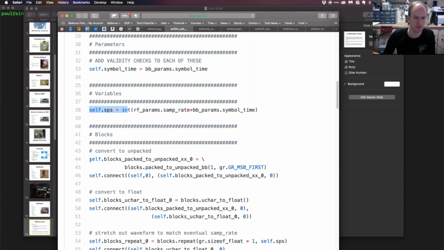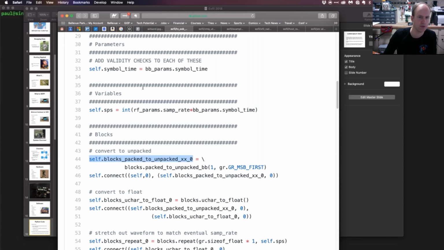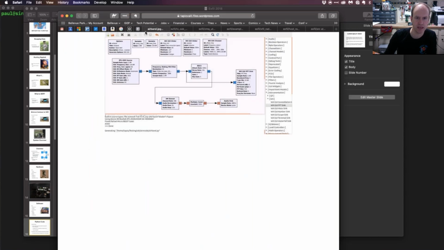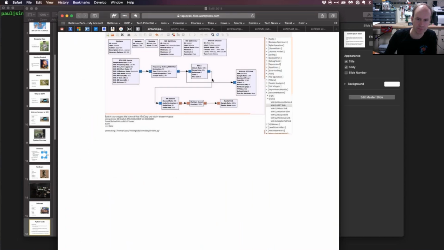I won't dive too much into that, but essentially you've got a block definition based on each block that you'll see in here, and then you'll have a connect function call that's going to say, for this one here, for example, connect this particular block's output to this particular block's input. And there's going to be one of those for each wire you see here. Kind of like the arrows, right? Yeah, the connectors. Exactly.